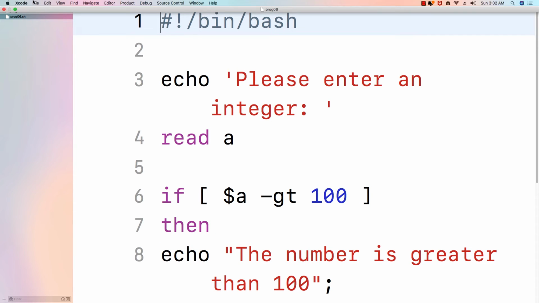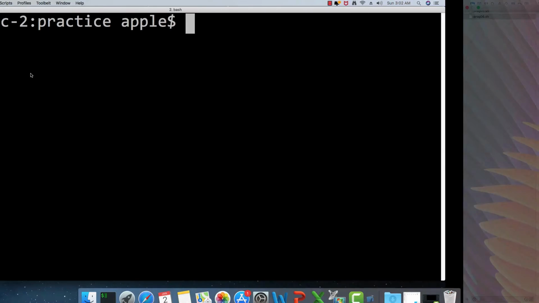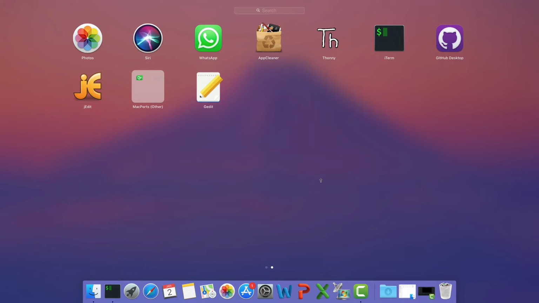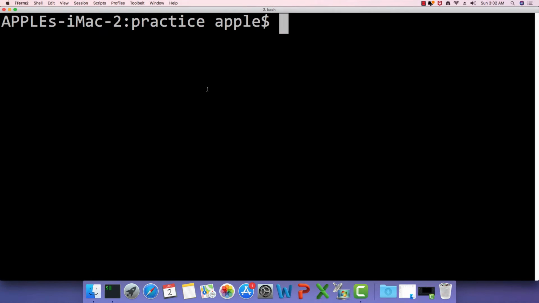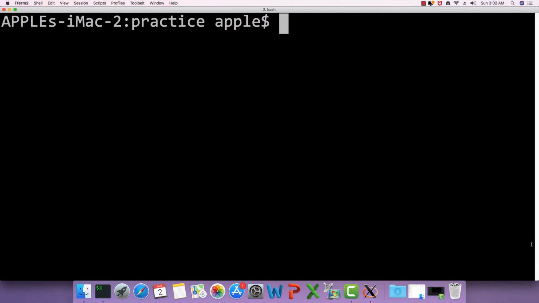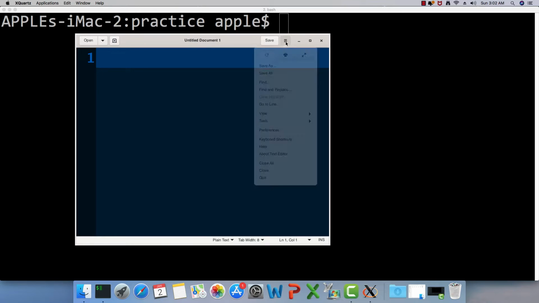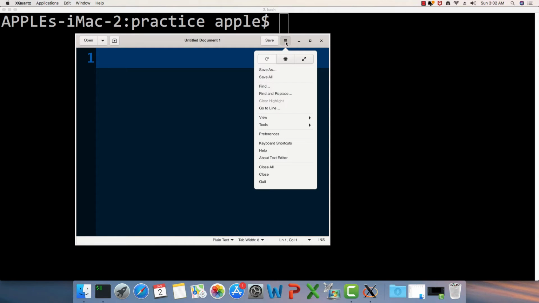For this, I'm going to quit Xcode and open another editor known as gedit. We had installed it in the earlier episode and I configured it. So let me show you how to configure it. Go to this part, triple lines, and go to the preferences.